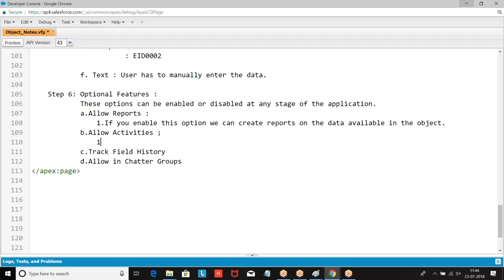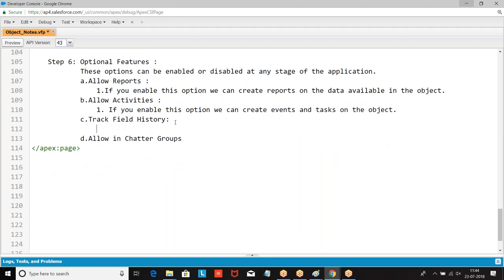Allow activities. If you enable this option, we can create events and tasks on the object. All of them are individual topics. We'll be discussing them in detail.